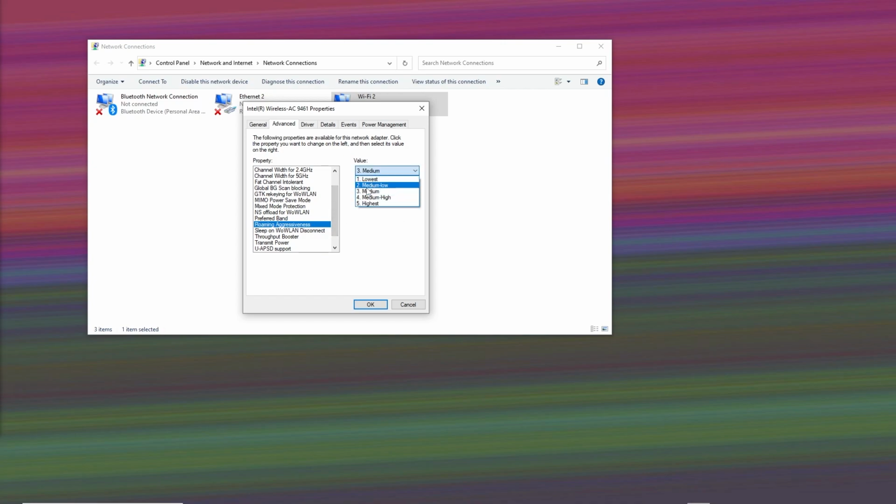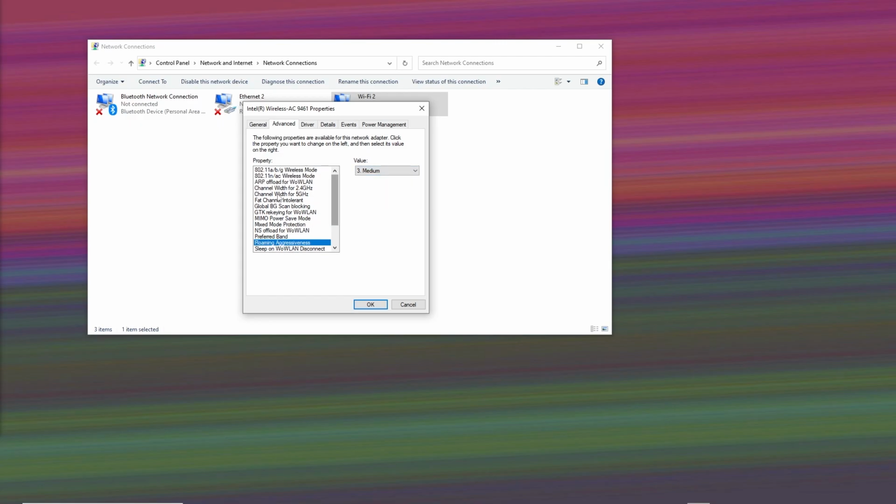Now for this one, it honestly depends where your modem is located and how close it is to your PC. If it's super close to it, right next to it, go ahead and press on 1. But if it's in the other room and it could be a ways away, go ahead and go from medium to medium high or highest. It is very important to keep in mind the lower you have this is the higher the internet speed will